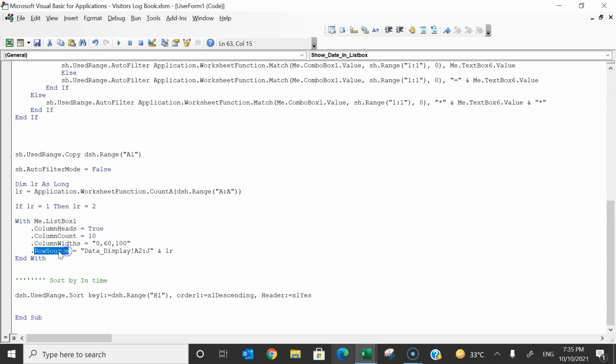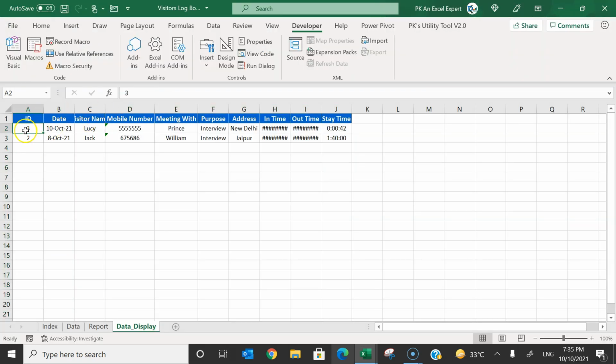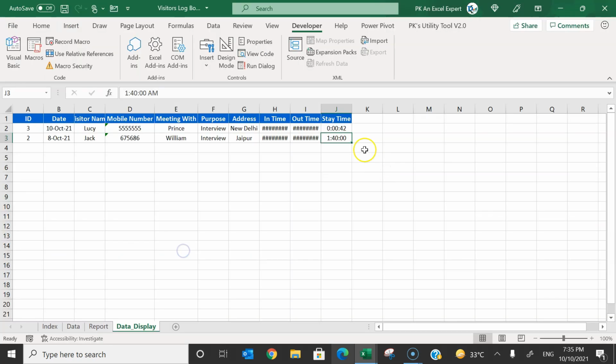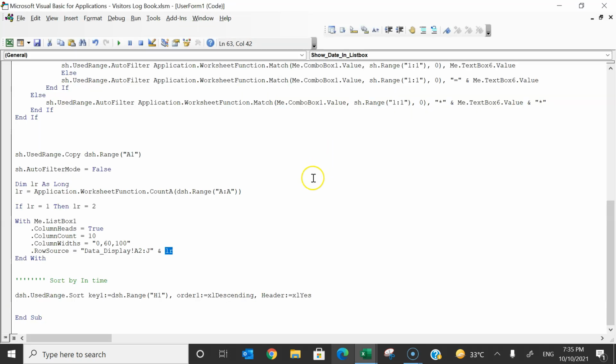Alright, then I am using RowSource, and for RowSource I am using data_display, and then A2, because we will not take the header. So I'll take data from here, A2 till column J, and then whatever is the last. Alright friends,